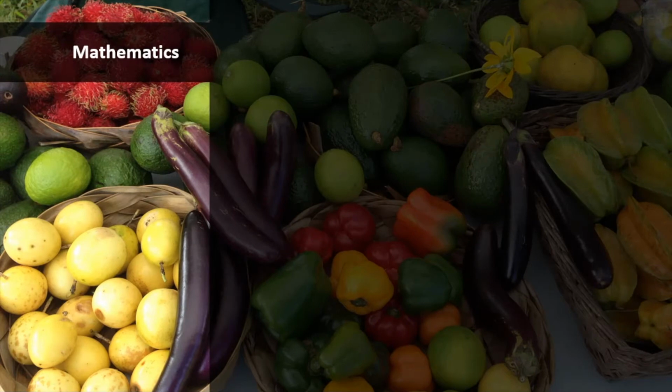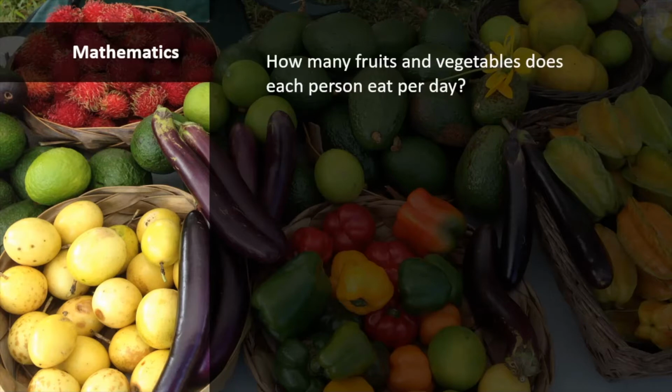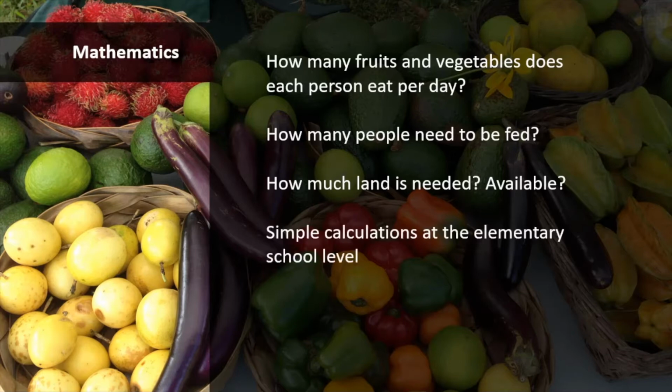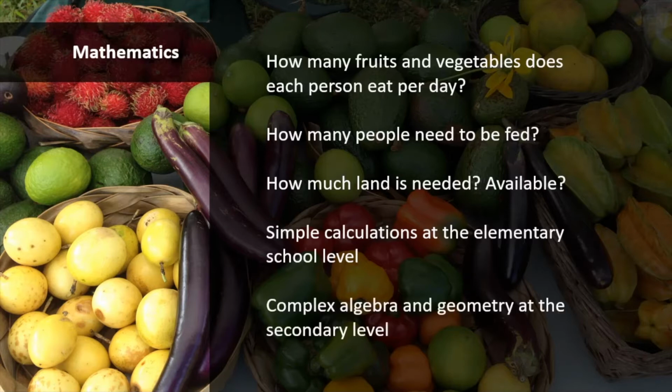For example, students need mathematics to figure out how much fruit and vegetables need to be grown and how much land is required to grow it. To do this, they need to consider how many people are in the community and how much fruit and vegetables each should eat daily to be healthy. They also need to consider how much land is needed to grow this amount and how much is available. Answering these questions can include fairly simple calculations at the elementary school level and more complex algebra and geometry at